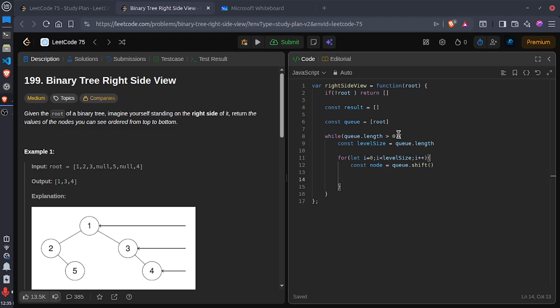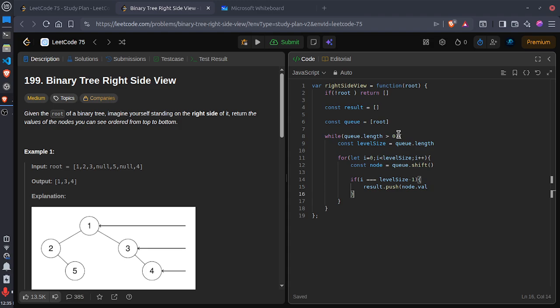And if i equals levelSize minus 1, meaning we are at the last of this queue, then result.push(node.value), meaning i goes from 0 all the way to levelSize minus 1. And so when i equals levelSize minus 1, we are at the very last node of this level. So that last node is what you see from the right side,